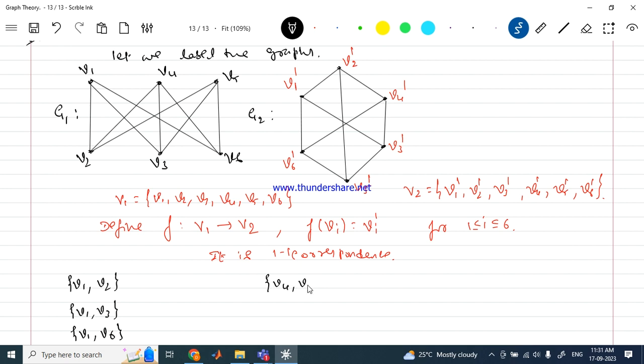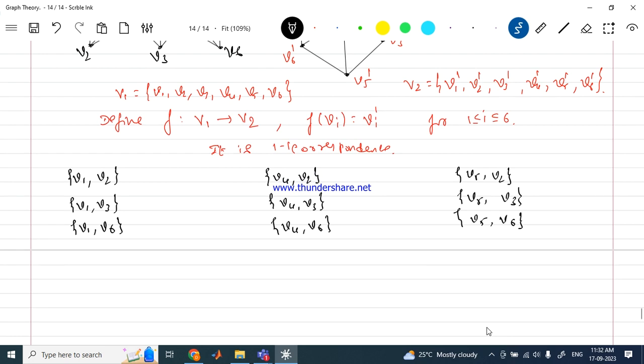So v4 v2, v4 v3, v4 v6, and the final list is v5 v2, v5 v3, v5 v6. And we know that we have labeled this in such a way that v1 goes to v1 dash, so it is v1 dash v2 dash, and v1 goes to v1 dash, v3 goes to v3 dash. So v1 dash v6 dash,